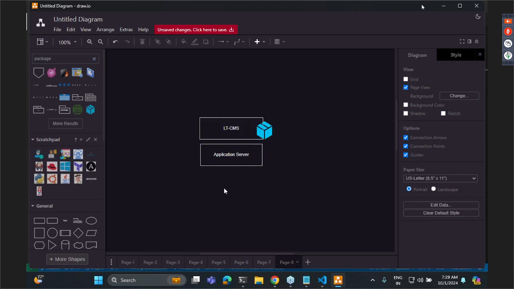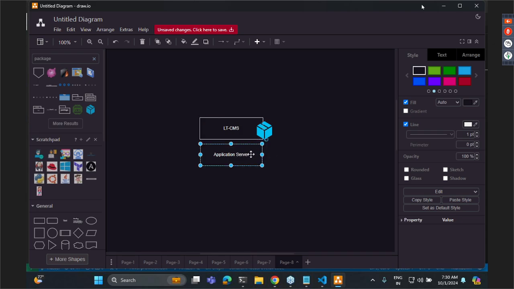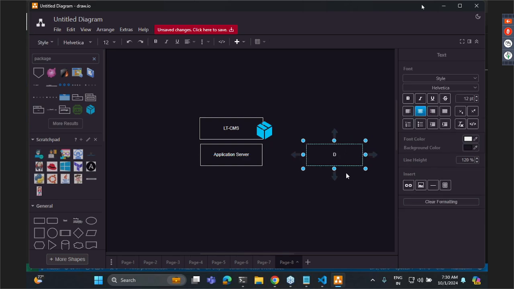So for example, if my application is developed in Java, this application server would have been something like Tomcat or WebSphere or WebLogic. These kinds of servers used to run Java-based applications. And if it was .NET, it would have been IIS server. So we have a server, and this is where your application runs. But only the application will not solve our problem. So for that reason, we used to have a